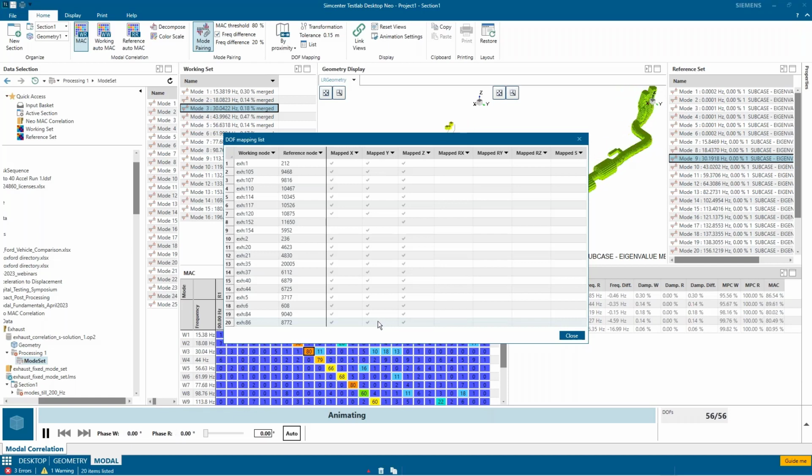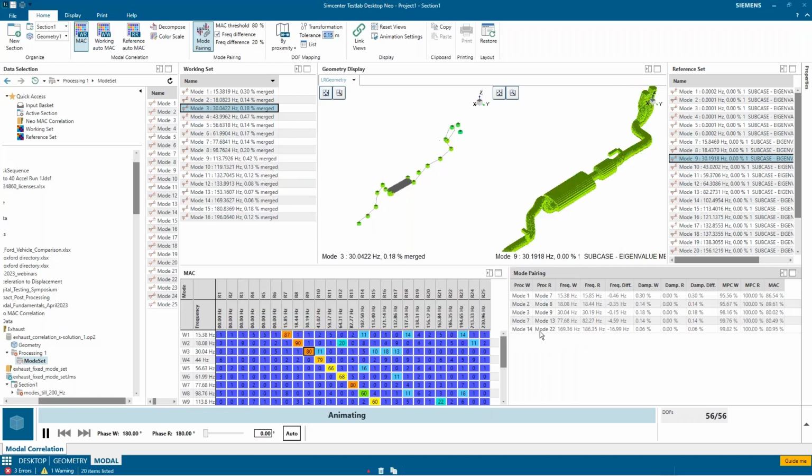Can you override a node mapping if there are 2 nodes right next to it? Tim, you would just have to make sure you pick the specific one. When I was picking my nodes, I kept mixing up these 2 tailpipes. So you just have to zoom in and make sure you pick the node manually.